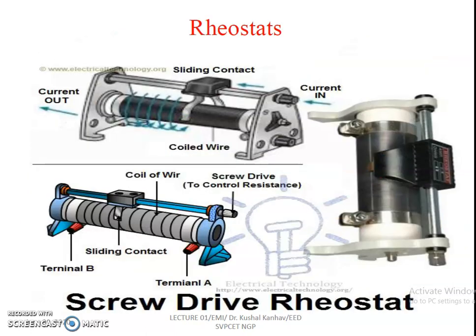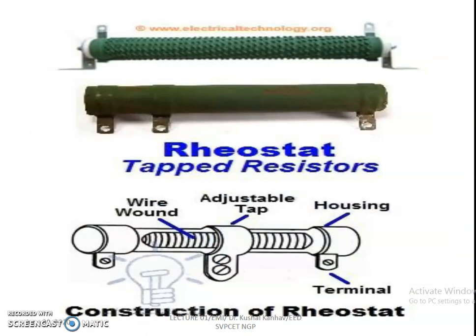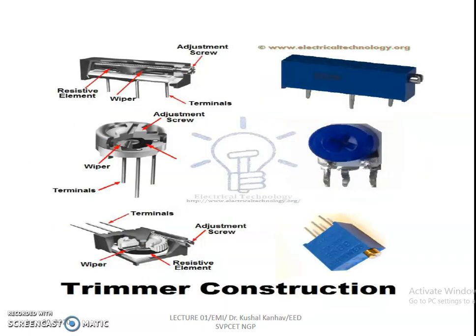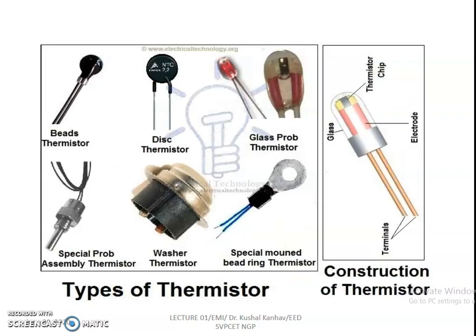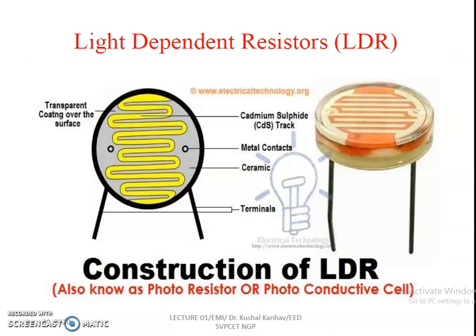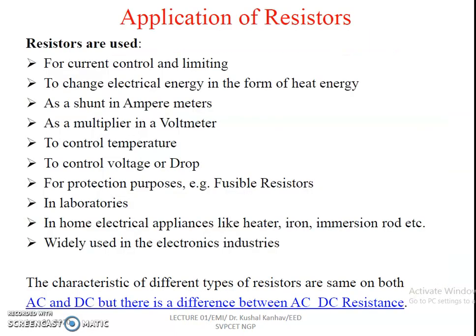These are different types of potentiometers, rheostats. This you have seen in the laboratory. Then these are wire wound rheostats. These are trimmers, a low power resistance. These are the thermistors. These are used as a sensor for detection of temperature. These are special types of resistors called varistor. This is light dependent resistor, so the value of resistance changes depending on the incidence of the light. So these are different applications of resistor. They can be used for current control, then for